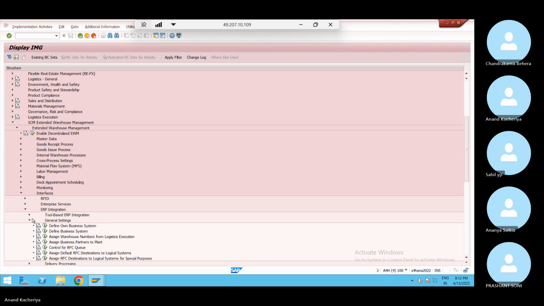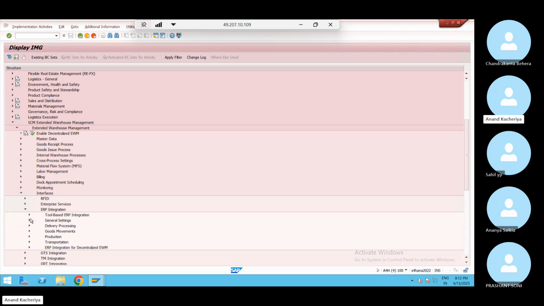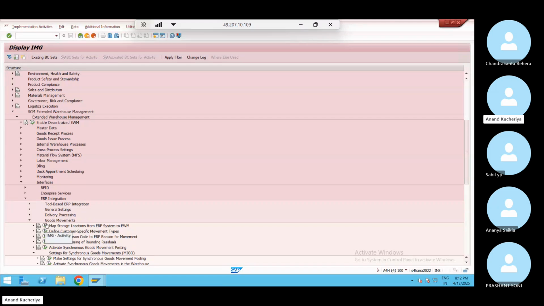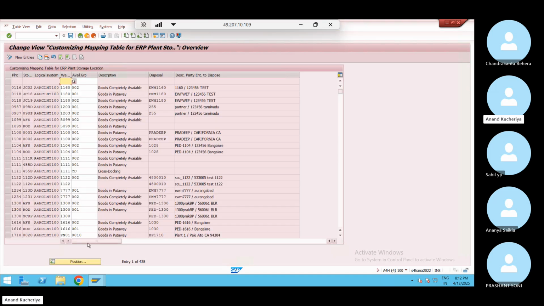This is one place where we can find it, and also the mapping of storage location from the ERP system to EWM. So let's go through this. So what information do I have,